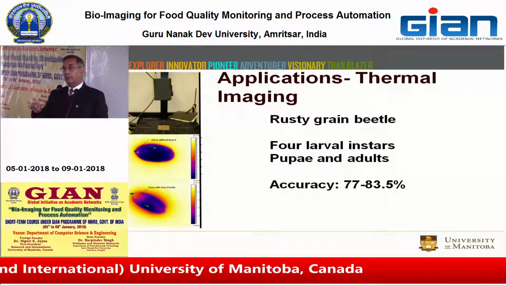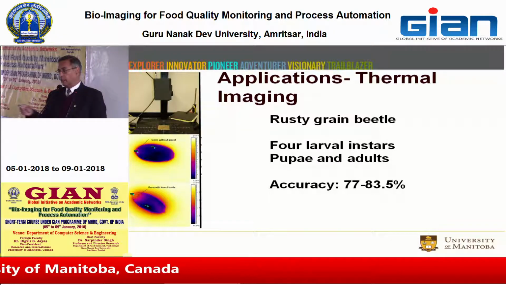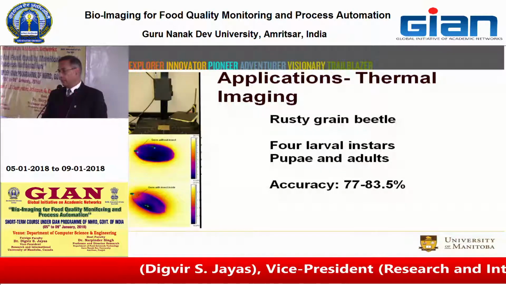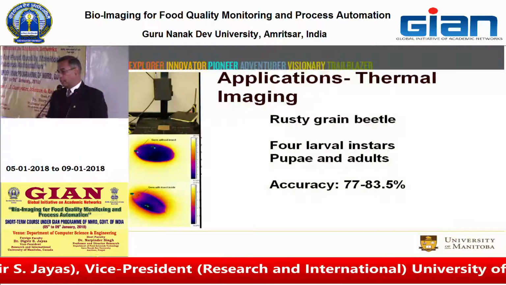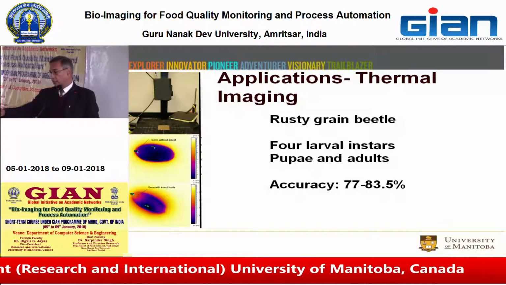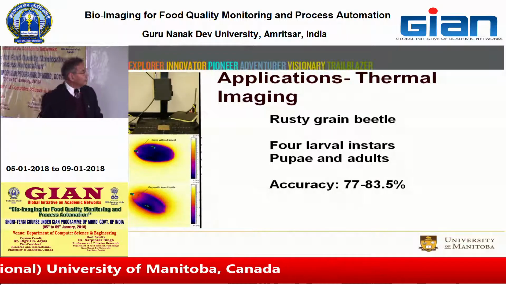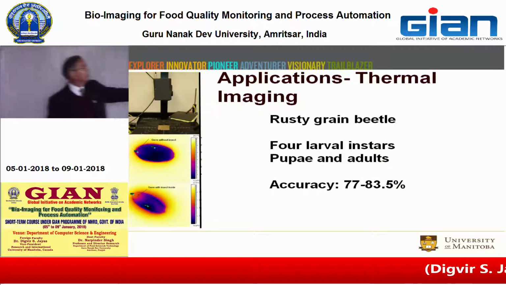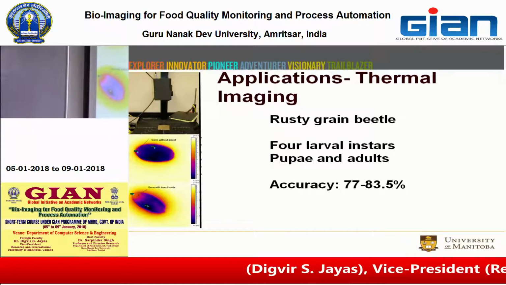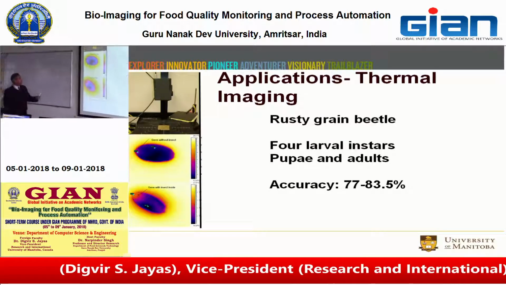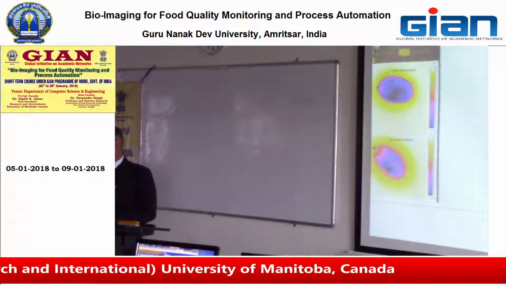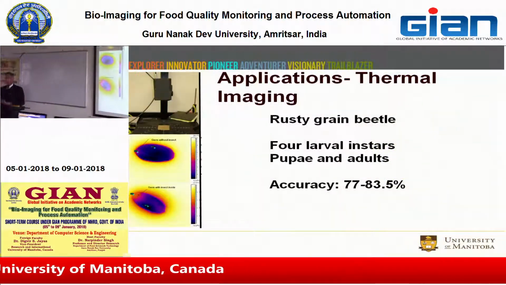So in this case, it's away from the sample, and then you would bring it on top of the sample, which is the wheat sample sitting in the field of view of the camera, and then you would take the image. And as you can see in the two images there, the grain with the insect inside shows the difference. Depending on where the larva is, you'll be able to detect that, and sound grain would not have that kind of